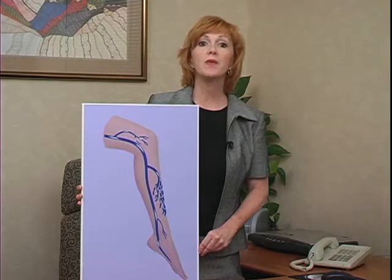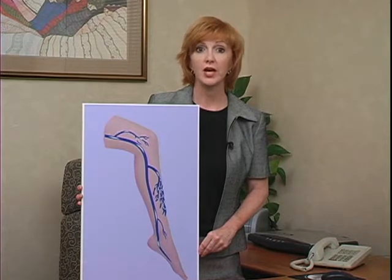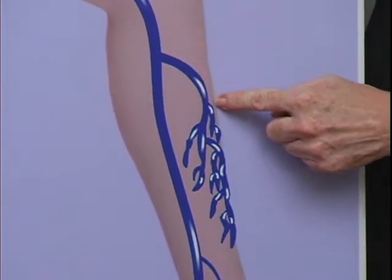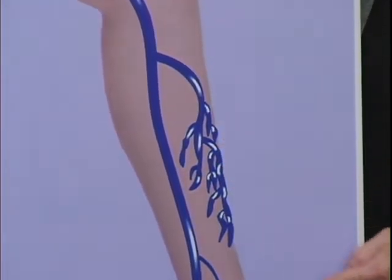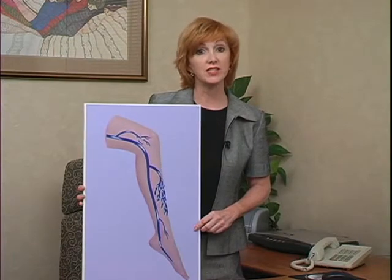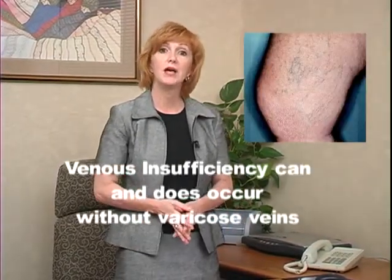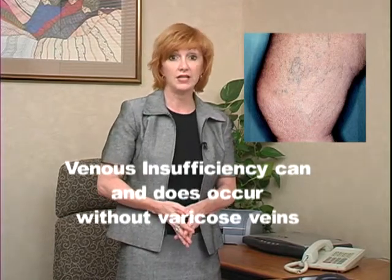This pressure, created by the flow of blood in the wrong direction, causes portions or branches of the vein further down the leg to become widened and distended. Venous insufficiency is the underlying cause of varicose veins. However, many people with smaller veins on the leg that think they simply have a cosmetic problem can indeed have underlying venous insufficiency. Whether dealing with large varicose veins or smaller cosmetic appearing veins, venous insufficiency is considered a medical